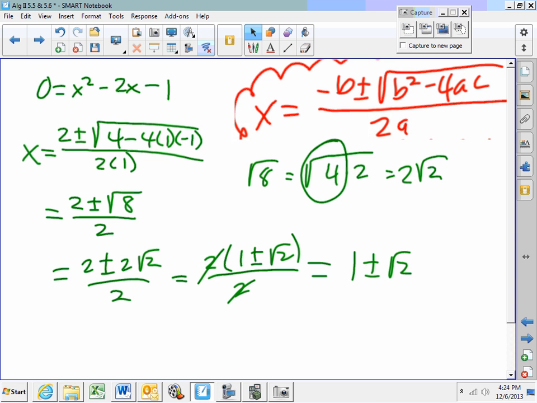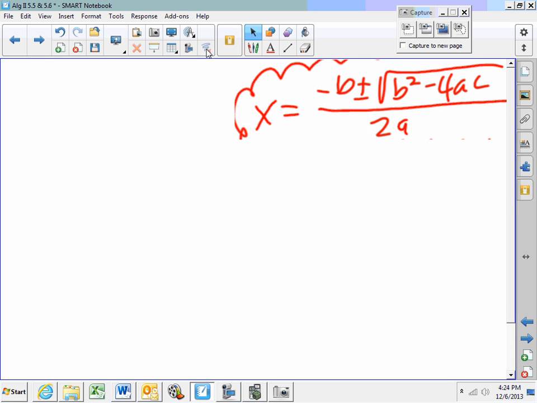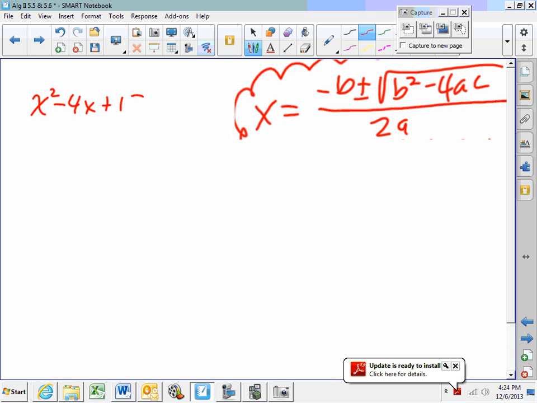All right, now one more example here. Sometimes, and this is why we get to the point where we need complex numbers, you will not get real solutions. So let's try x squared minus 4x plus 13 equals 0, of course. Now in this one, a is 1, b is negative 4, and c is 13. So using the quadratic formula, we get x is 4 plus or minus the square root of 16 minus 4 times 1 times 13. That's 52 all over